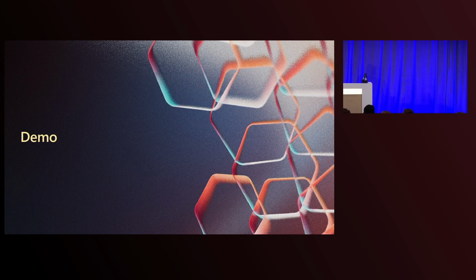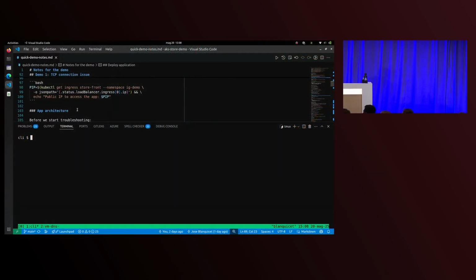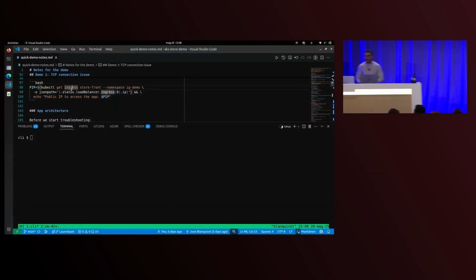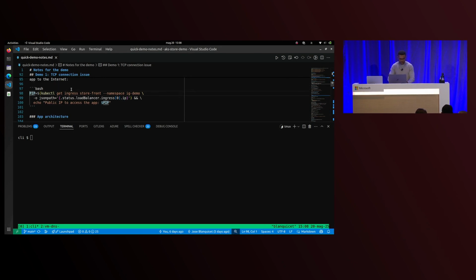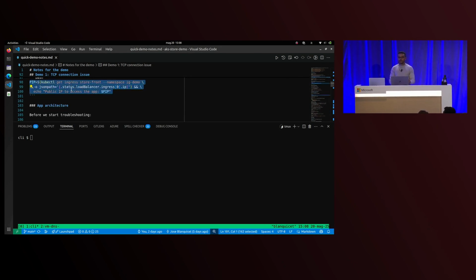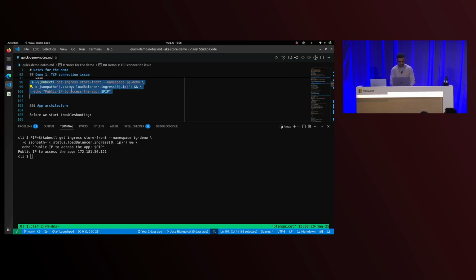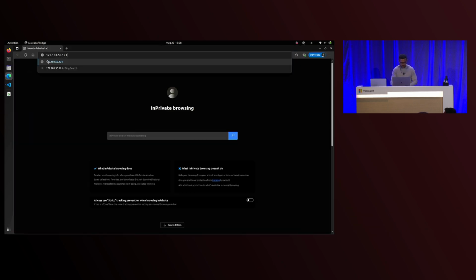Let me switch here. It will be a live demo, so pray for me. I have an application running in AKS, and I'm exposing it using a managed ingress. Let's get the IP of my application.